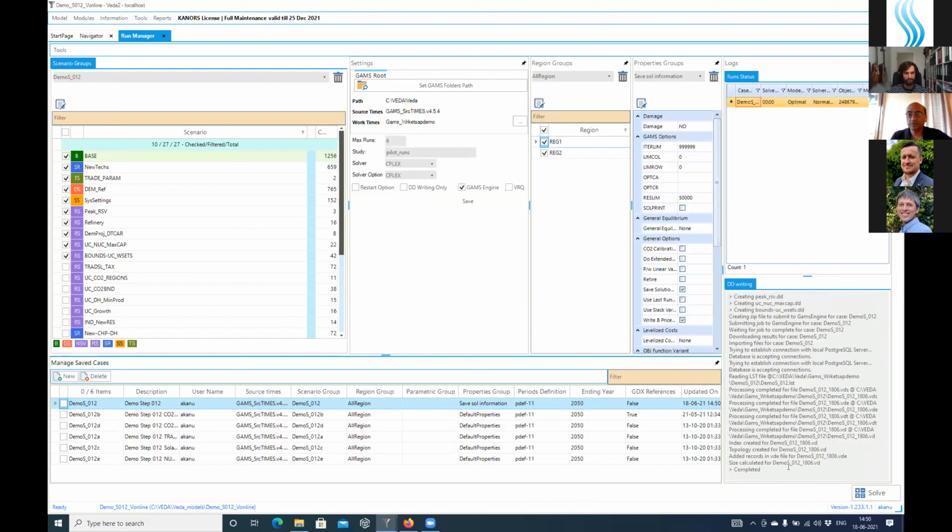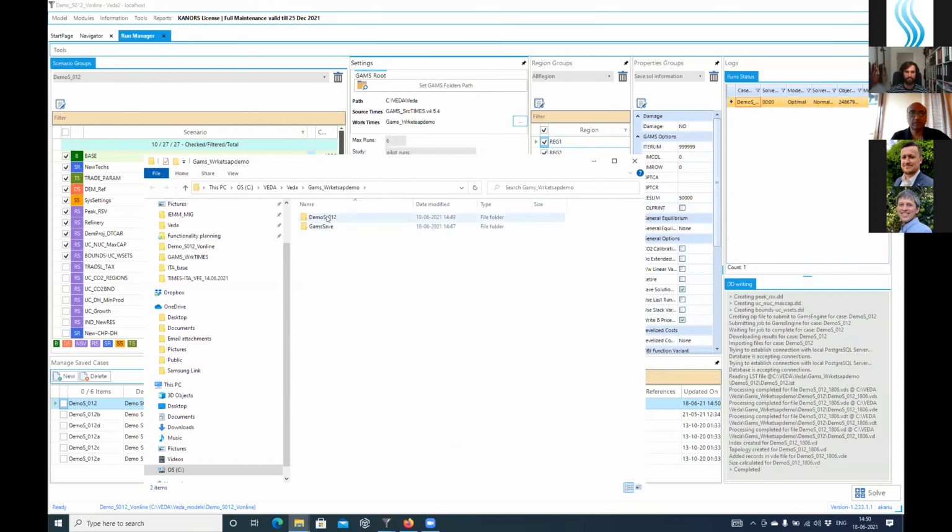on the local machine so that we have all the VD files, and it's done. So basically, from a user perspective, you don't see anything different. And you will see the results where you see them normally with a local run. All you need to do is to check this box, and then instead of running locally, it would go to the GAMS engine and come back. So let me show you what happened.